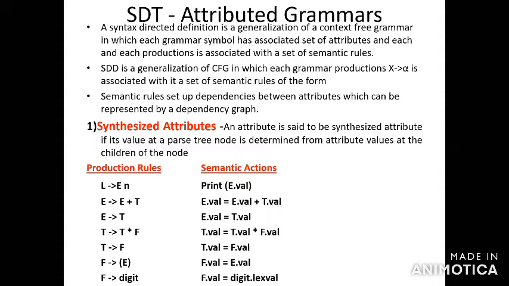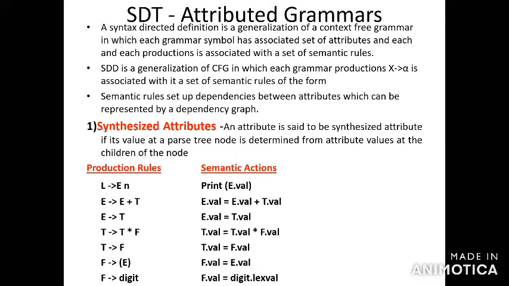Based on the syntax tree, based on the input string, we have to evaluate the parse tree construction. That is called a DAG. It is one type of syntax tree format only. Based on the common expression, the operator will be considered for the given string. Then postfix notation: the post-order tree traversal technique is called postfix notation.